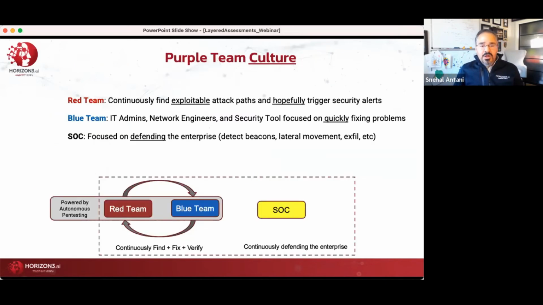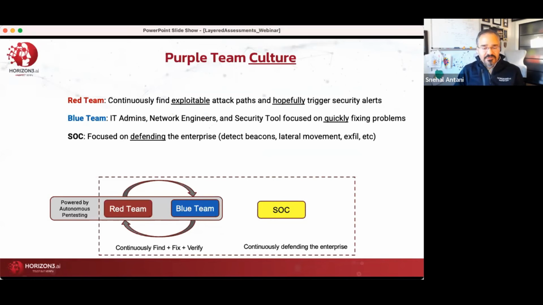And the way that that purple team culture starts to surface is that the red team continuously finds those exploitable attack paths, and hopefully they're triggering security alerts along the way so you know your tools are effective. Back to that LSASS process dump. You want the EDR to catch that, and if you don't catch it, you want to know why you didn't so you can harden your environment. The blue team, very precisely those IT administrators, the network engineers, and the security tool admins, the fixers, their job is to understand what was exploitable and what alerts were or were not triggered, and use that as input to quickly fix those problems. And you want that red and blue team to be working independent of the SOC, because